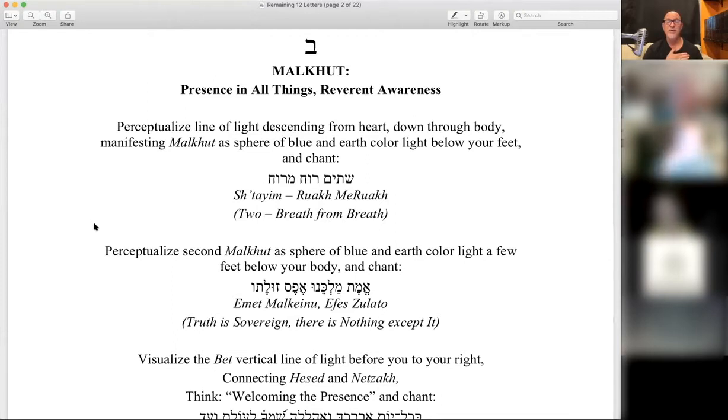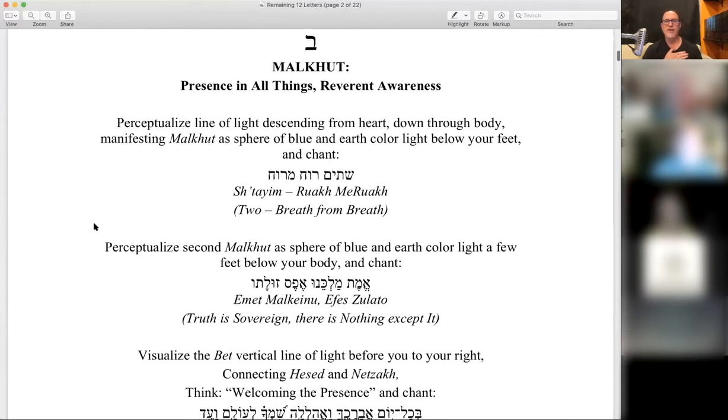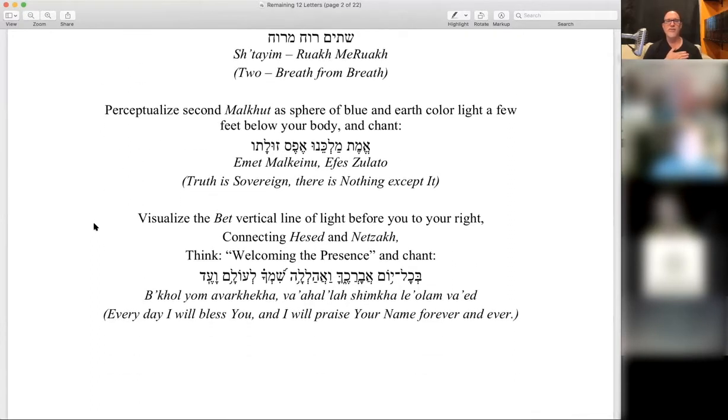Shtayim ruach me ruach. And seeing the second Malchut a few feet below into the floor. Emet. Emet malakenu efes zulato. And seeing the line of Bet, like a line of light connecting outside your body, in front of you,